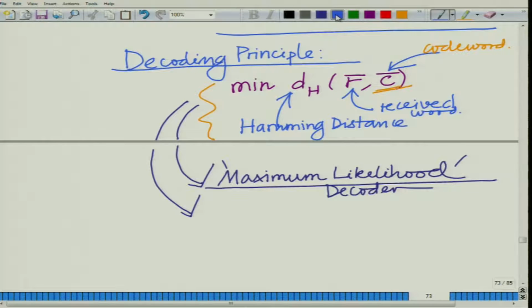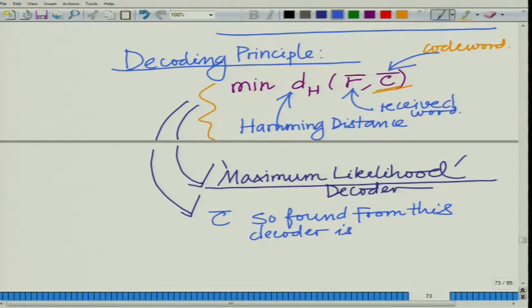The C bar so found from this decoder is the maximum likelihood estimate. Okay. Now further observe that